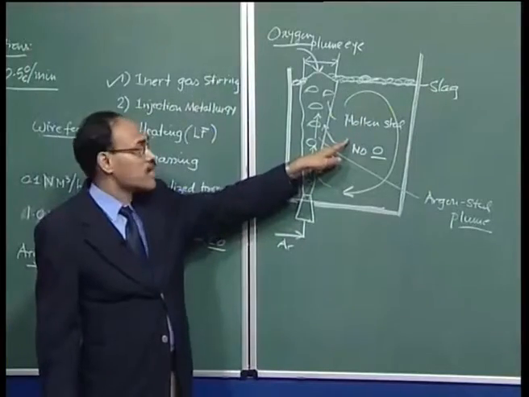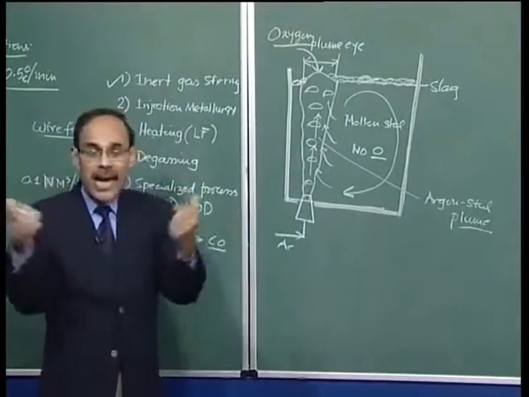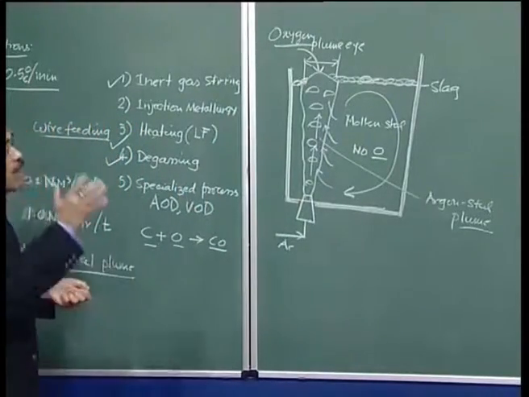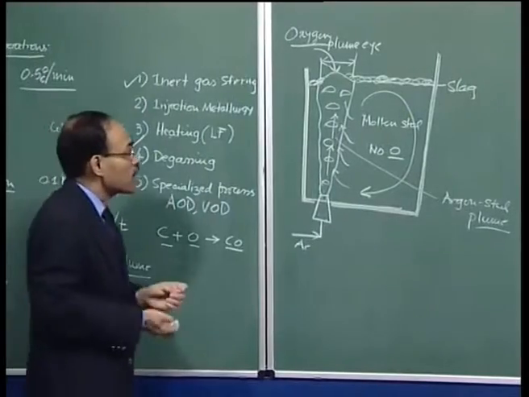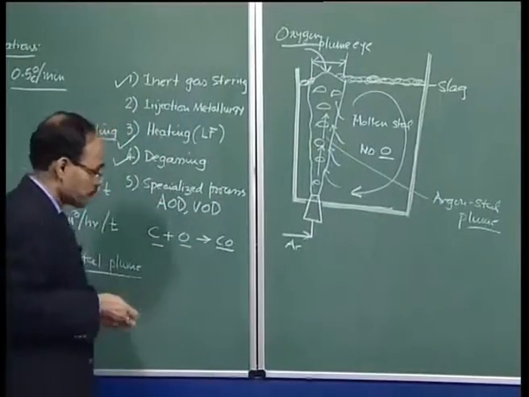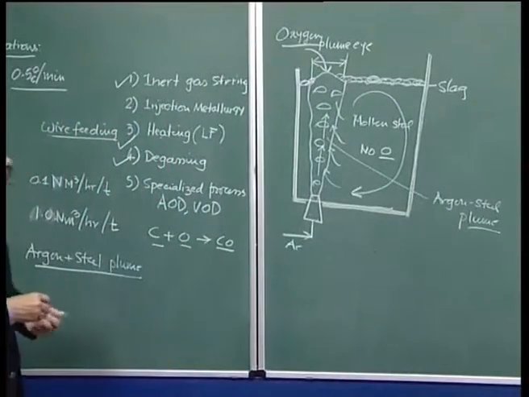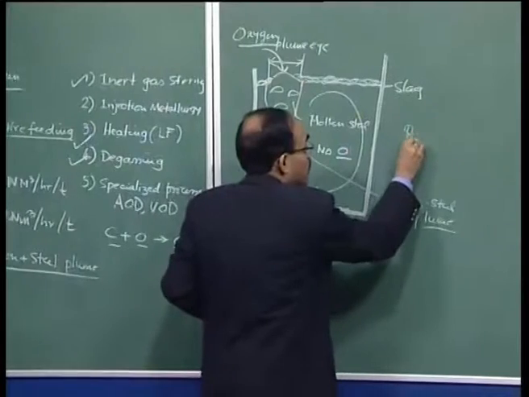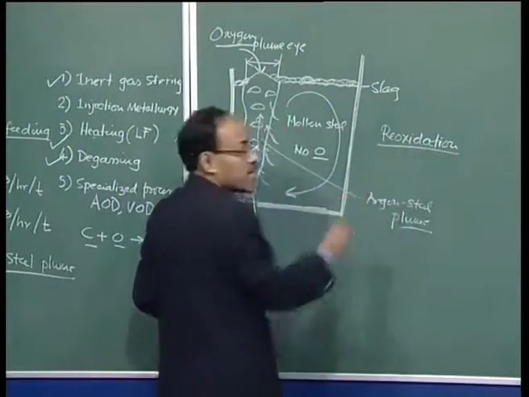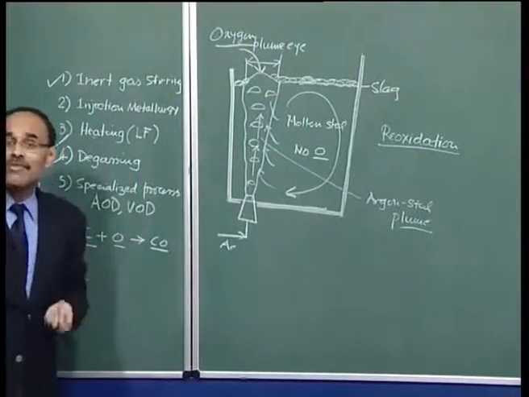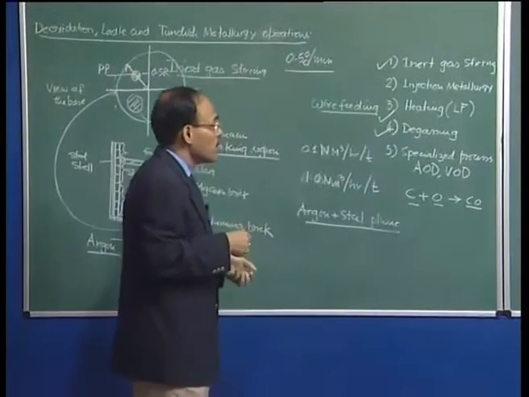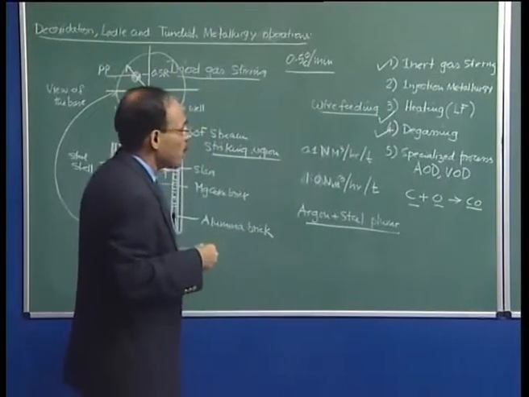Once this oxygen gets into molten steel, it starts reacting with aluminum which is dissolved in steel, and aluminum fading starts, and as a result the slag becomes progressively richer in iron oxide. This is a very important aspect which we call reoxidation of steel. So, if we are looking for quality steel, this reoxidation must be prevented to the extent possible, particularly towards the later stage of the ladle metallurgy steelmaking operation.